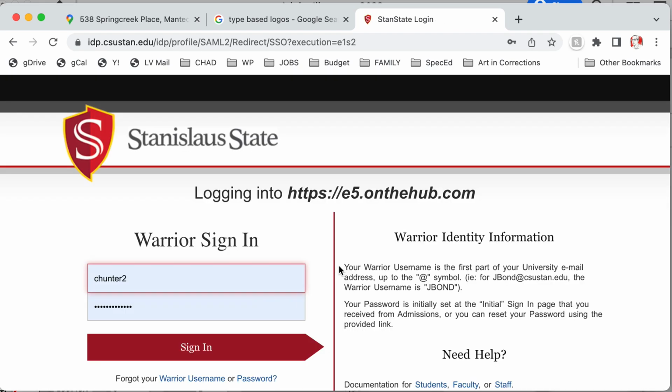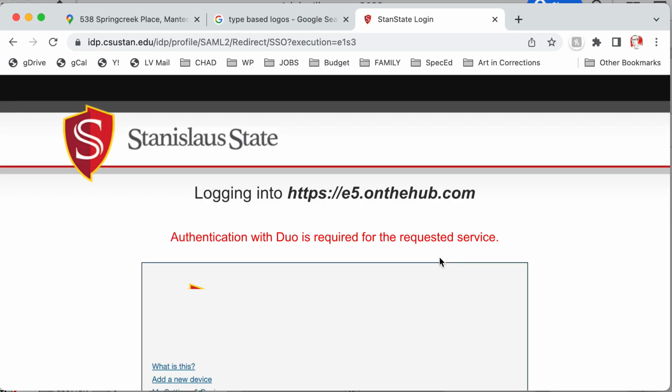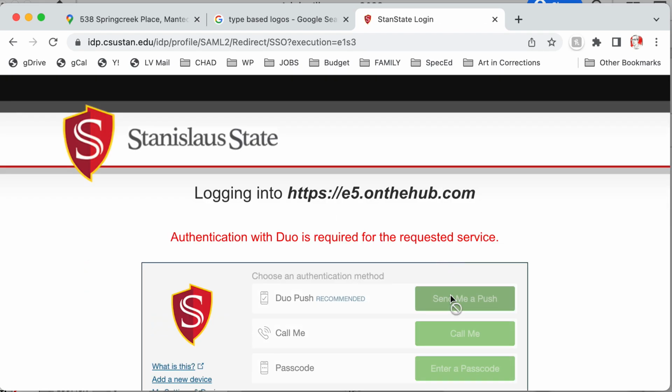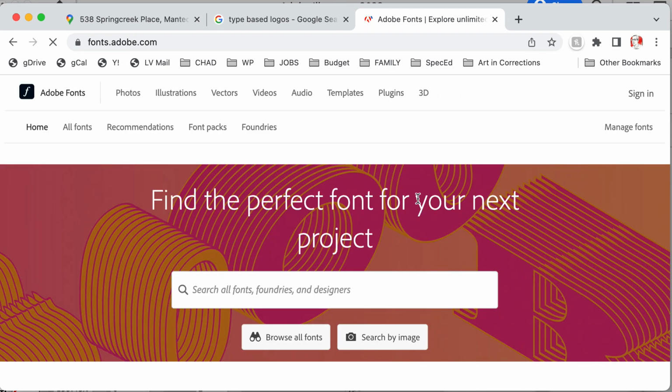And I'll probably have to do all this stuff. Let me push. Okay. Let's see if we can. Okay. So what the deal is, you can browse different typefaces and then